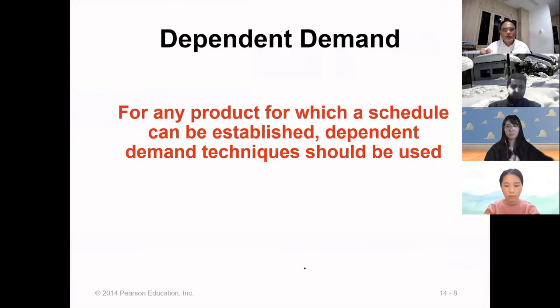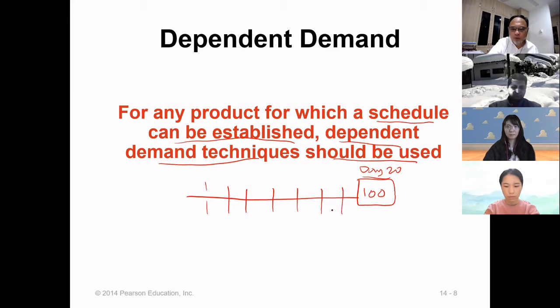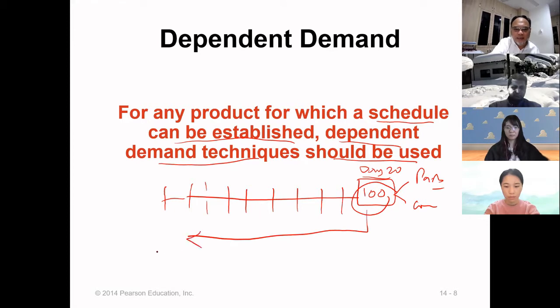So for any product in which a schedule can be established, we can use dependent demand techniques. Dependent demand means, for example, I need to produce 100 units here. So this is, for example, day 20. So we have 20 days. So you need to break down this into the parts, the components,